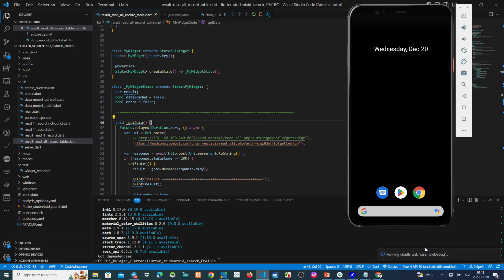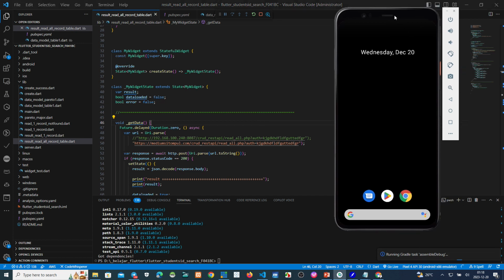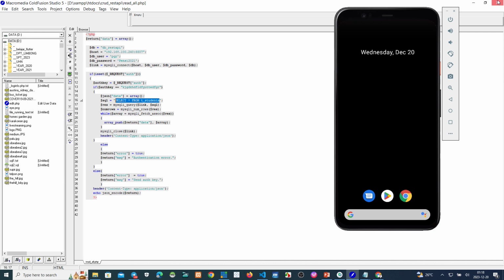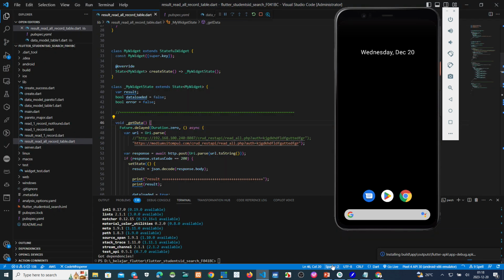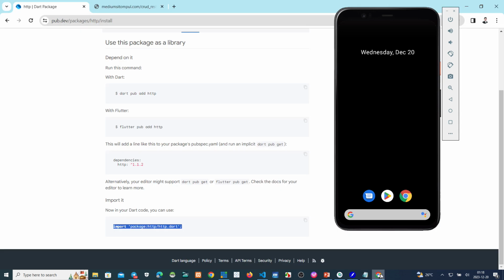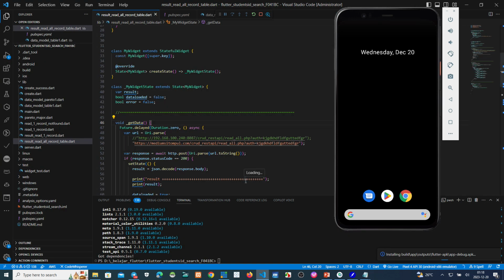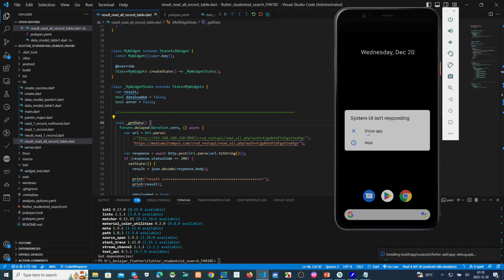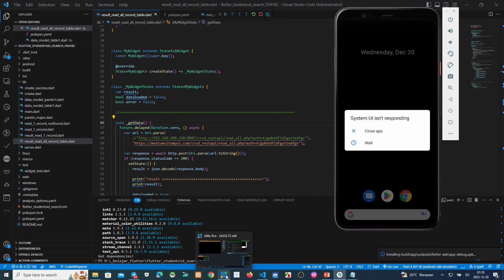Why is this too long? Oh, maybe we must close this one here, maybe it is too long. Okay, this one close to make it faster. Oh my god, this is too late, too slow.